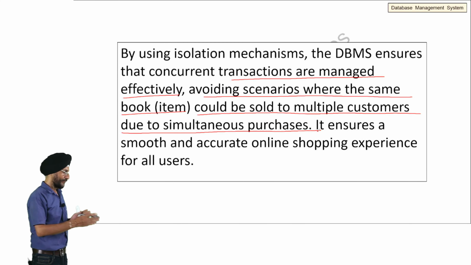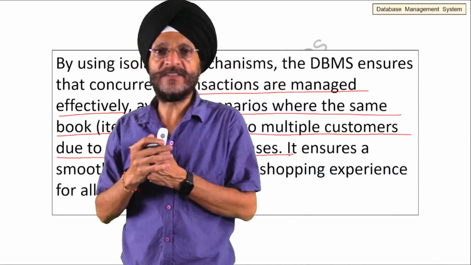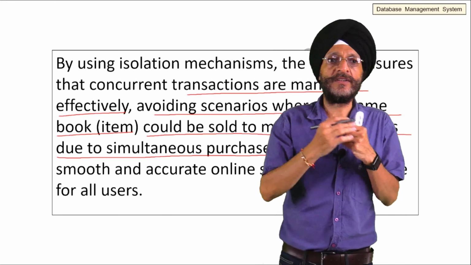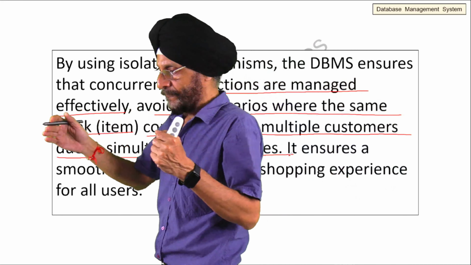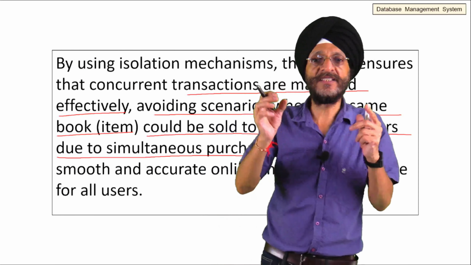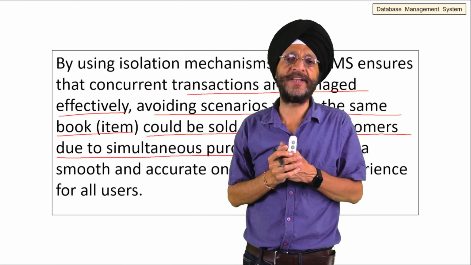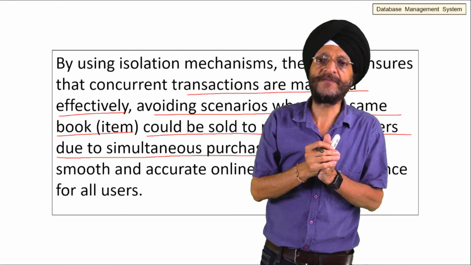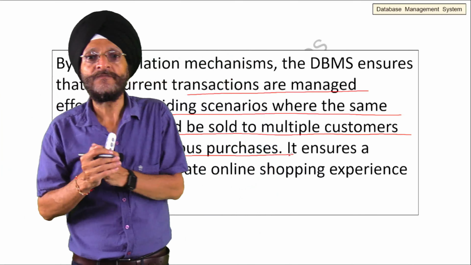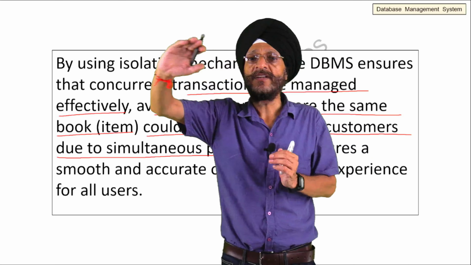It means that when we are making multiple purchases on the online sites, if there was no isolation property of DBMS in force, then the situation would have arisen that the same item would have been sold to many customers. Suppose there were only 10 items available on the site. If the isolation property of DBMS was not there, then it may be possible that only 10 items might have been sold to say 100 customers